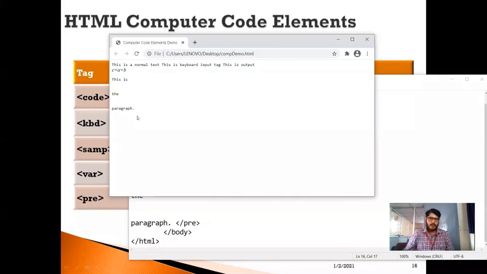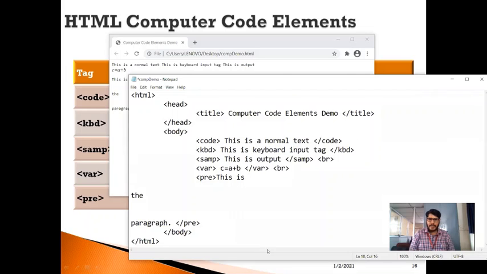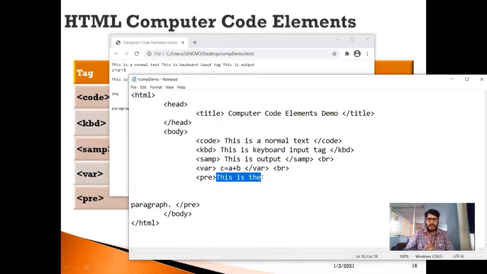Similarly, now let me make some changes here. So this is after this. Now I'm going to press delete, delete, delete. Now it is showing this in one particular line, and after this it has included 2 lines of space here, and after that it has to display the paragraph.